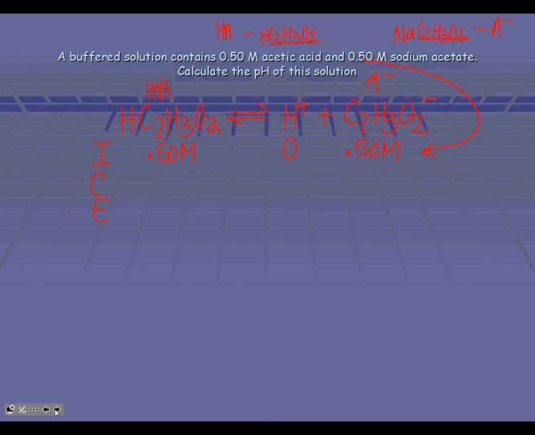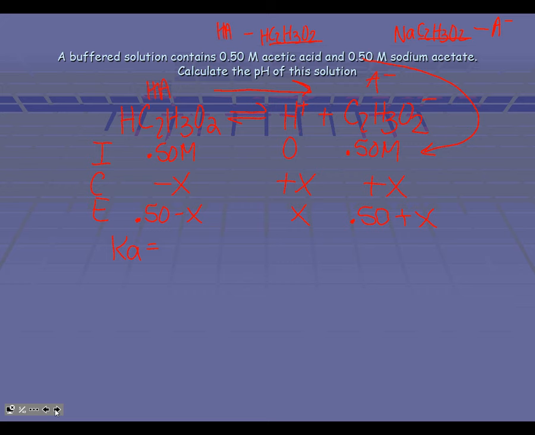We have no hydrogen, so it has to shift towards the hydrogen. Our change is going to be minus X, and plus X. So at equilibrium, we end up with 0.50 minus X, and 0.50 plus X. Well, you're asking yourselves, okay, now I got this minus X and this plus X with 0.5 in two different places. And before, when I had small Ks, which the Ka for